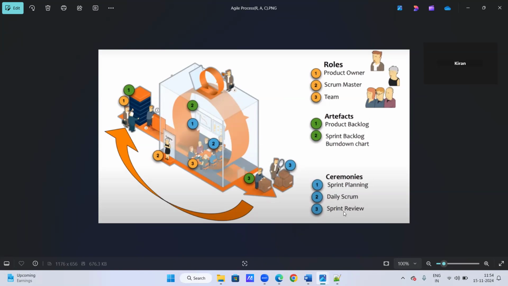If in an interview they ask you what are the roles involved in Agile, what are the artifacts we have in Agile, and what are the different ceremonies we will conduct in the Agile process, you should be able to answer this. So these are the few things that we need to understand in the Agile process. Now the next thing is